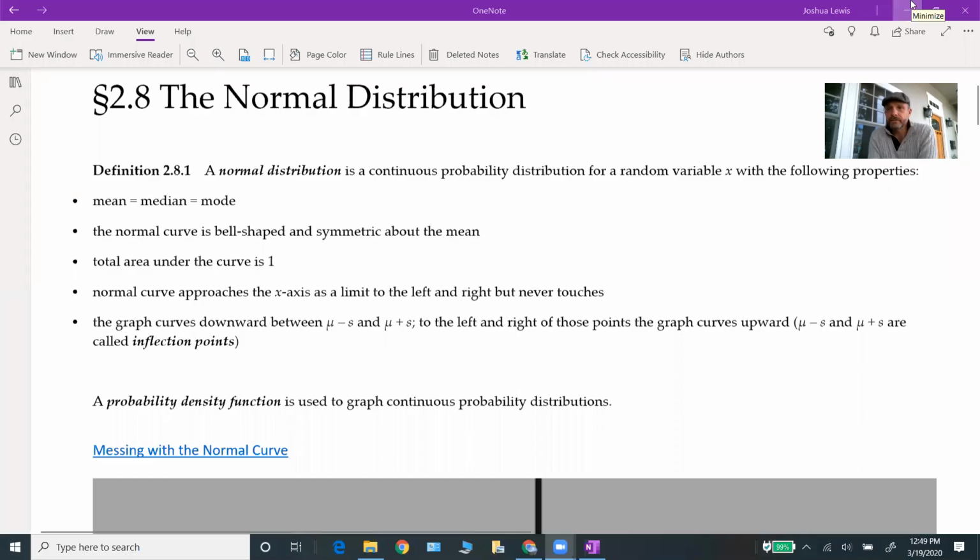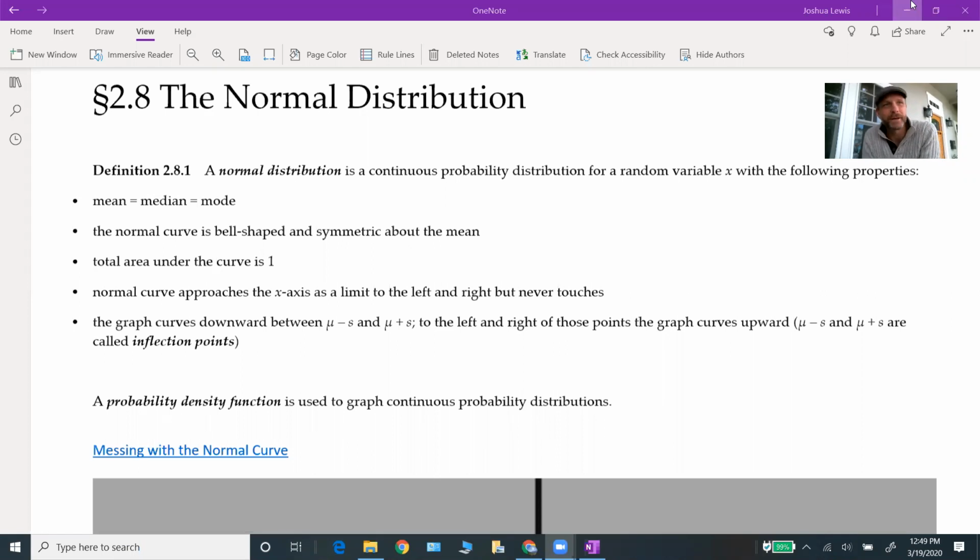Hello, everybody. So we've finished up our discussion of discrete probability distributions, and we are now going to move into our discussion of continuous probability distributions. So let's go ahead and get started. We're going to start with what's known as the normal distribution,